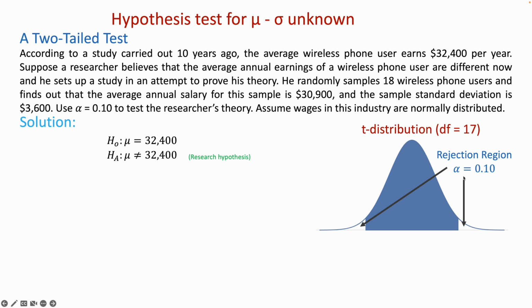So alpha equals 0.10 that they told me at the beginning. They said I'm going to use this level of significance. So that will be the area that is in the two tails of this distribution. So this is 0.10, so this will be 0.05. This one here will be 0.05. That is the moment in which I'm going to use the t-distribution table. Because the t-distribution table is going to tell me what will be the value here that separates the acceptance region, that is the one in the center, from the rejection regions, that is the area